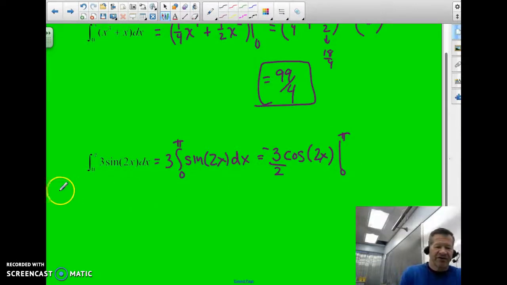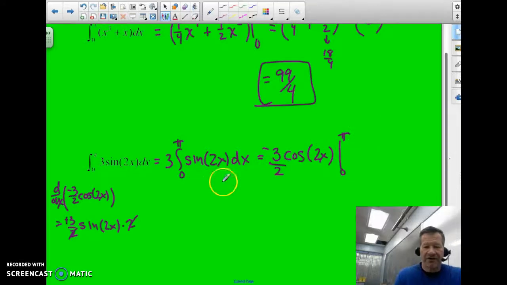Now, let's make sure this is right. If I differentiate negative 3 halves cosine 2x, I should get this back. Let's just make sure. That would be equal to negative 3 halves. The derivative of cosine is negative sine, so that changes it to positive sine of junk, times 2. The 2's cancel. Sure enough, 3 sine 2x, that's what I wanted, so I know it's right. So this equals negative 3 halves. Leave that out. Put 2 pi in, so it's a cosine of 2 pi